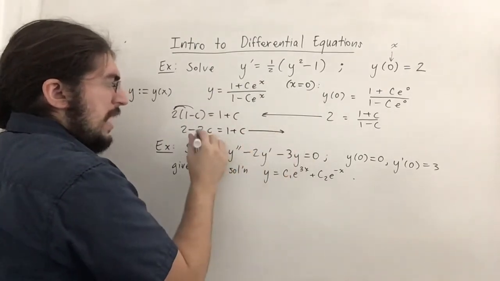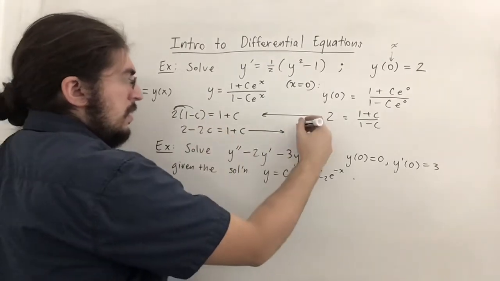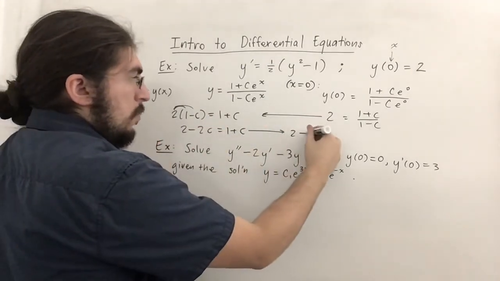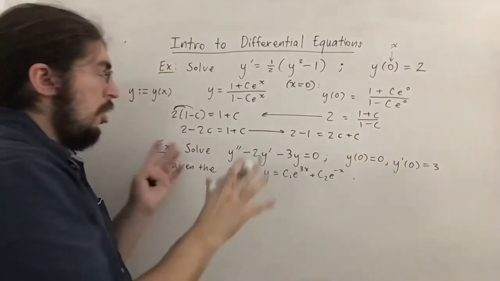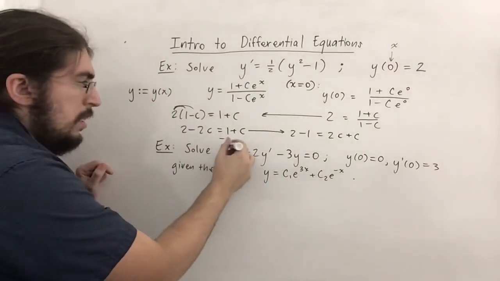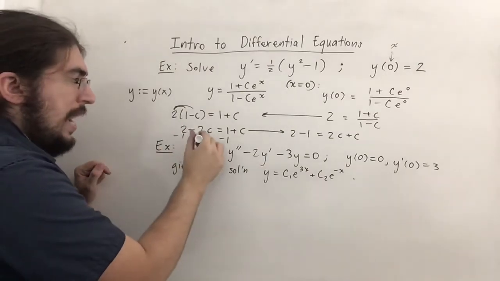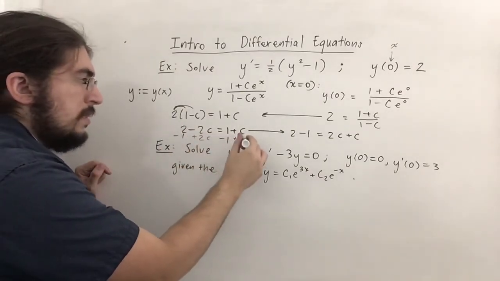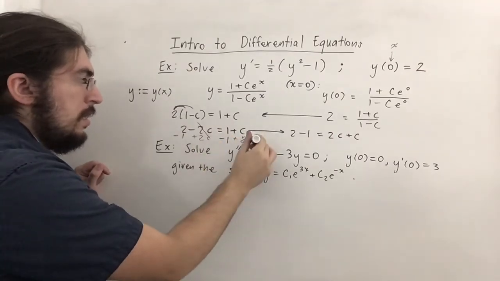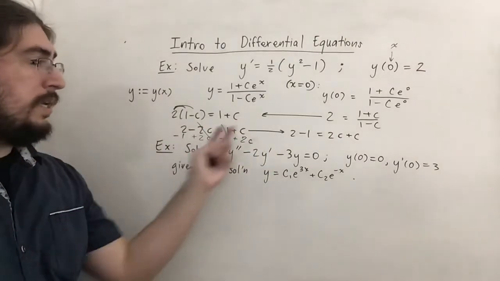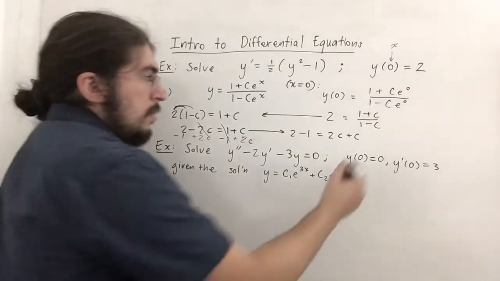And then if we add 2c to this side and subtract 1 from that side, we get 2 minus 1 is equal to 2c plus c. So I hope we see what I'm doing. I subtracted this 1 to the left and added 2c to the right. Not to interfere with the next example too much. That's 2c. Perfect. So we end up with 2 minus 1 equals 2c plus c, which of course is just